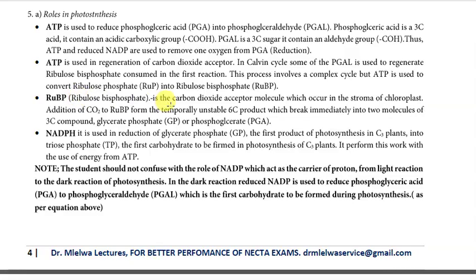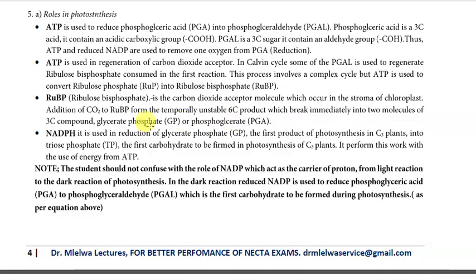The second is the role of ribulose biphosphate in the dark reaction of photosynthesis. As we know, ribulose biphosphate is the carbon dioxide acceptor molecule which occurs in the stroma of chloroplast. Addition of carbon dioxide to RuBP forms a temporary unstable 6-carbon product which breaks immediately into 2 molecules of 3-carbon compound glycerate phosphate or phosphoglycerate. These are just additional informations regarding the role of RuBP